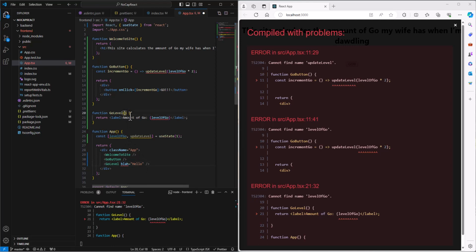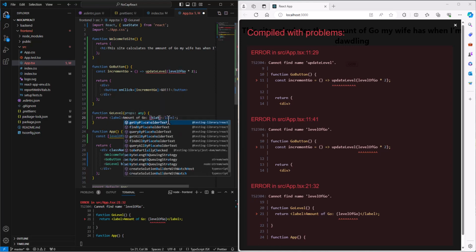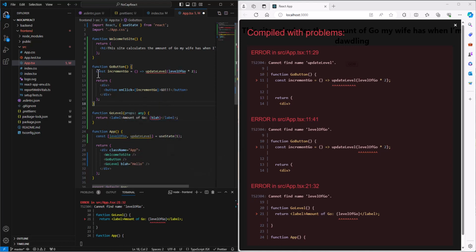And so on this end, I have to set up to receive it. So I say, hey, there's going to be some properties coming in. And if I just do that, then it's not going to like it. So I have to say it can be of any type. And if we know the type, we can go in and specify exactly what properties are coming in. But I'm saying, hey, there's some coming in here that are going to be of any type. And then I could say blah here. Okay, so if I comment this out for now,